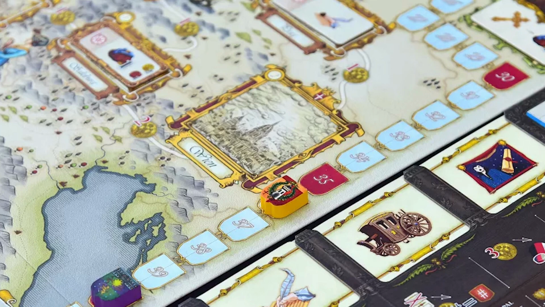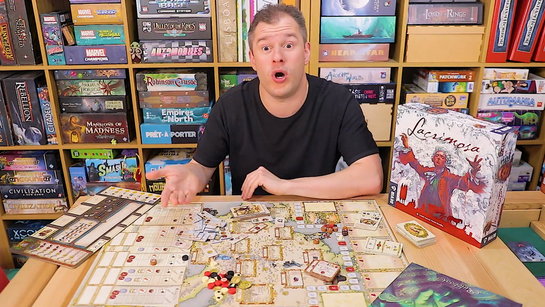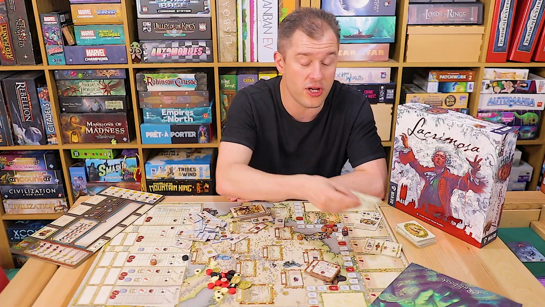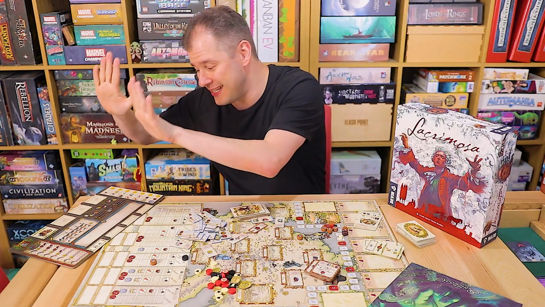So, artwork wise, meh. The cover is the best thing that's looking in it. Component wise, pretty good though. These are decent sized counters for the story points and your music notes. The cards are pretty decent quality cards, and you're gonna need them for this bit, which is easily the best